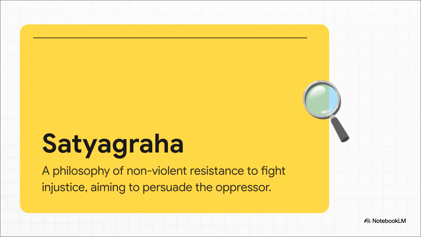It was satyagraha. Now this isn't passive resistance, it was active. Gandhi called it truth force. He truly believed that if your cause was just, you didn't need violence. The goal wasn't to crush your enemy, but to actually awaken their conscience, to make them see the truth of their own injustice. In a world full of brute force, this was a profound moral weapon.